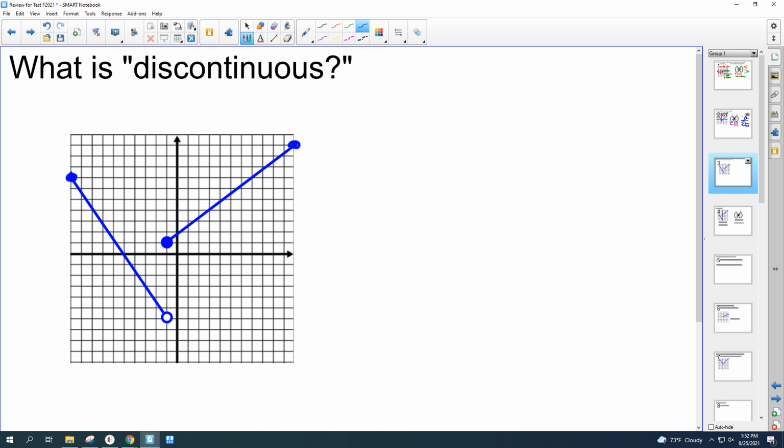Okay, it would need a point here or something to show you and tell you that it's going to stop. If it doesn't have that, you can assume that it keeps going. We just ran out of room because we're out of the graph space. Okay, so